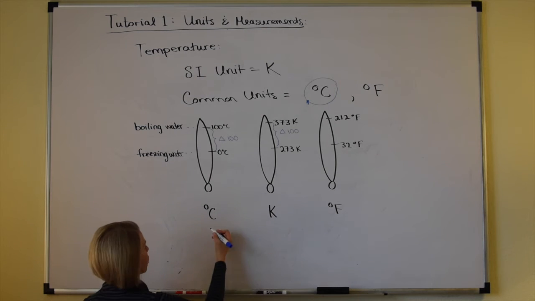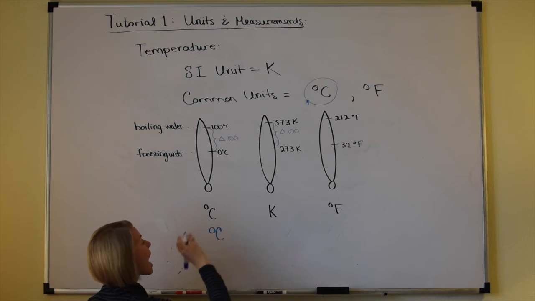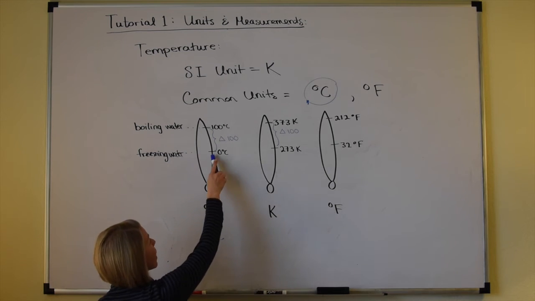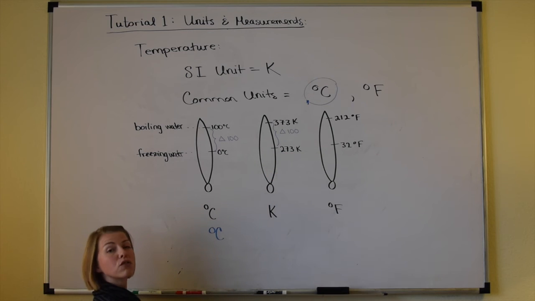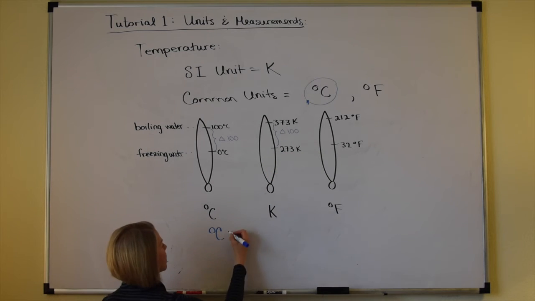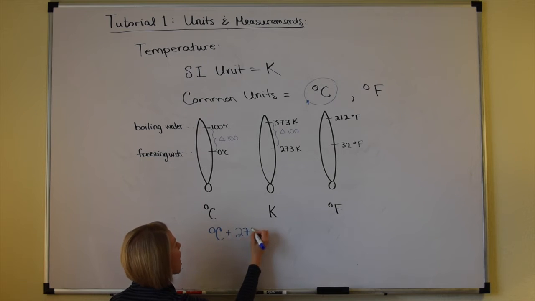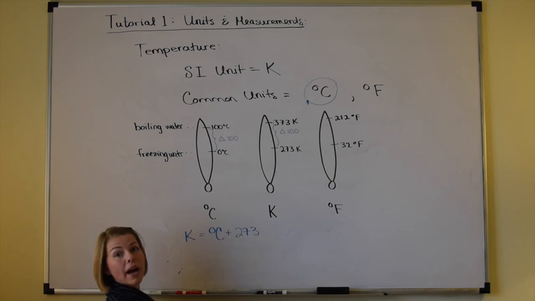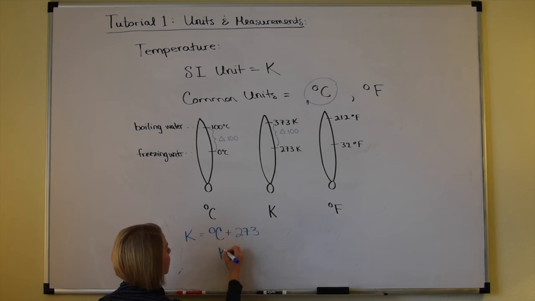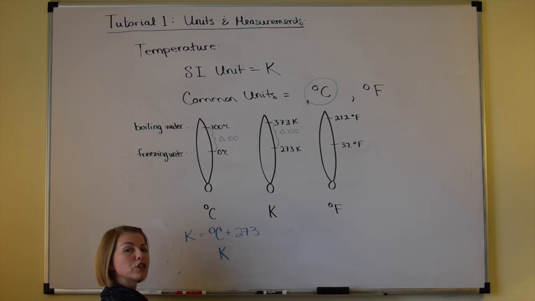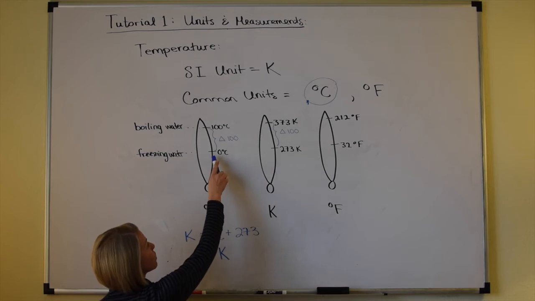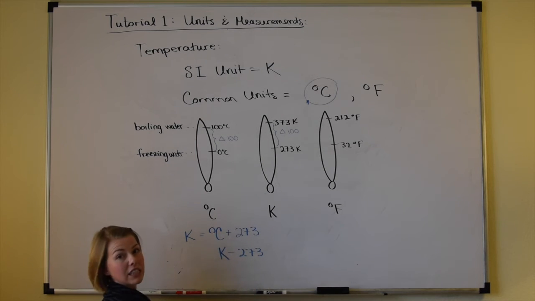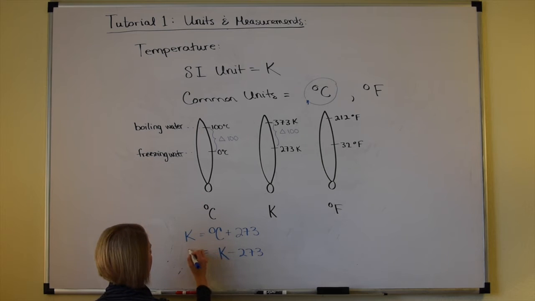If you have a temperature in degrees Celsius and you want to convert it into a temperature expressed in Kelvin, you're going to add 273 to adjust for that 0 point difference. So the temperature in degrees Celsius plus 273 gives you the temperature expressed in Kelvin. Let's go the other way. If you have a temperature in Kelvin and you want to express that temperature in degrees Celsius, you're going to need to subtract the 273 to adjust for that difference in the 0 point,